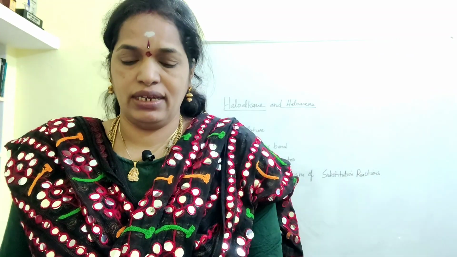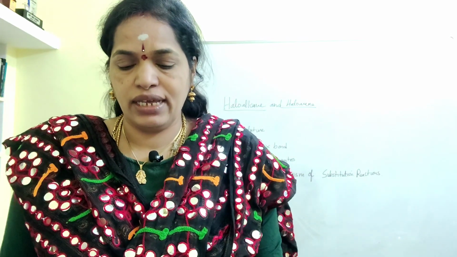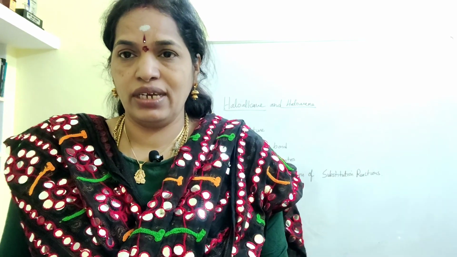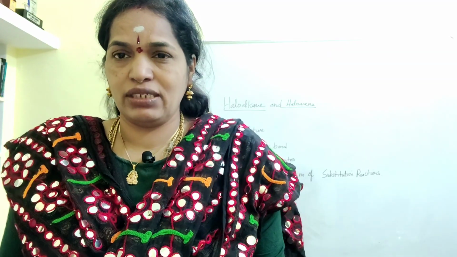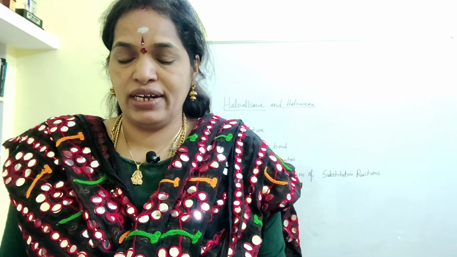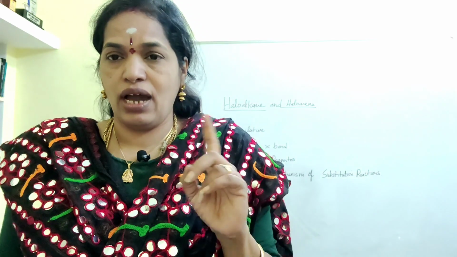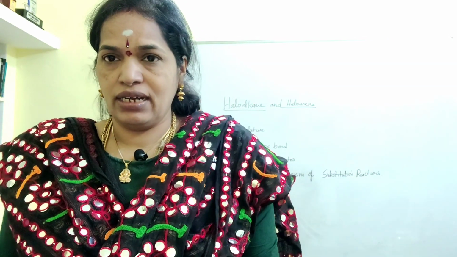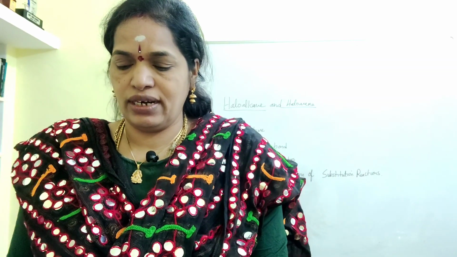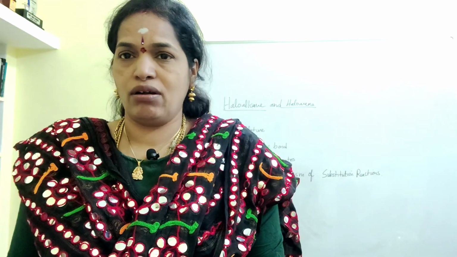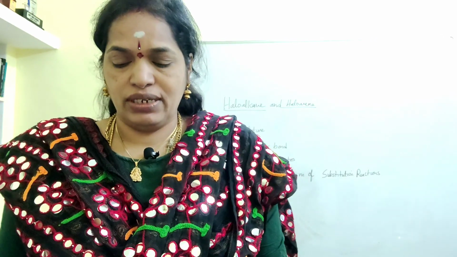There are two types of haloalkane: aromatic and aliphatic. In aliphatic, like monohalides, you have CH3X. And then you also have sp2 hybridized and sp hybridized carbons. So there are three types in aliphatic. We will have monohalides, in which only one halogen group is there, so the carbon could be sp3 hybridized, another carbon could be sp2 hybridized and another carbon could be sp hybridized. So let us see what it is. Another one is aromatic compounds, and they will have three types: dihalide, trihalide, and tetrahalide.